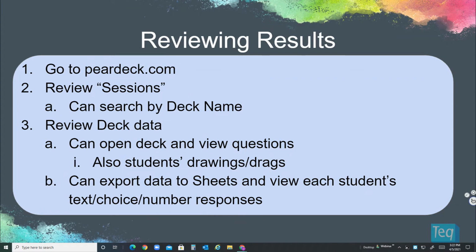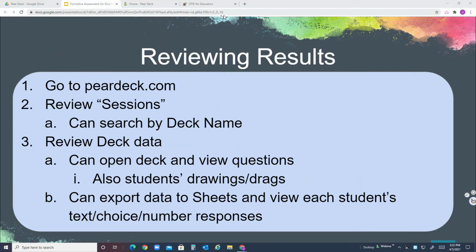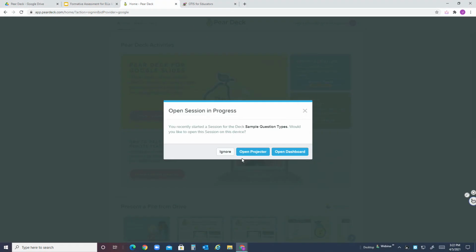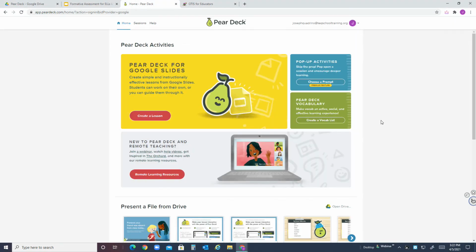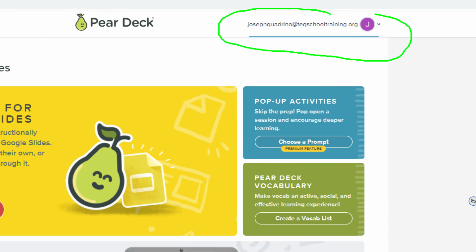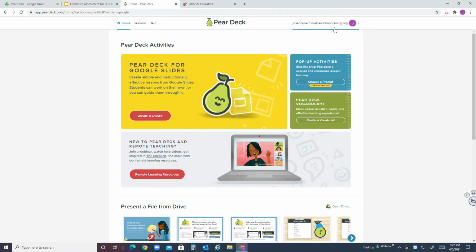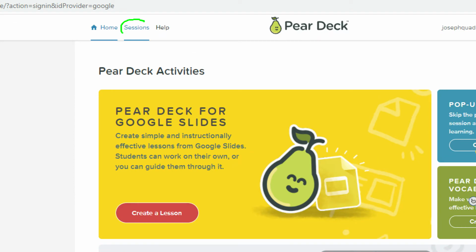Okay, so what I'm going to do is head to the Pear Deck website. I actually have it open here. And this is the Pear Deck website. Notice that I'm logged into my Google account. That's the first thing you're going to want to do. And once you're logged in with your Google account, you are able to view your sessions up here at the